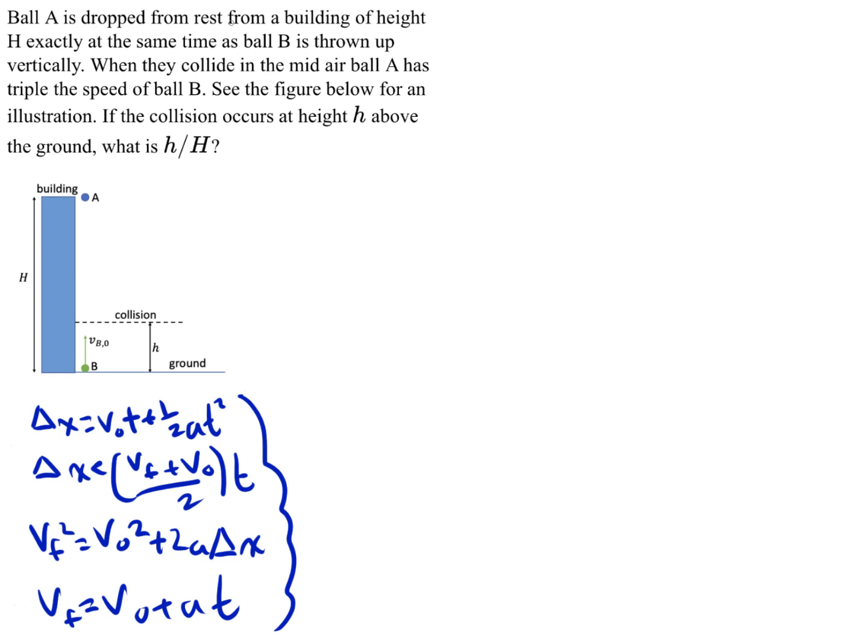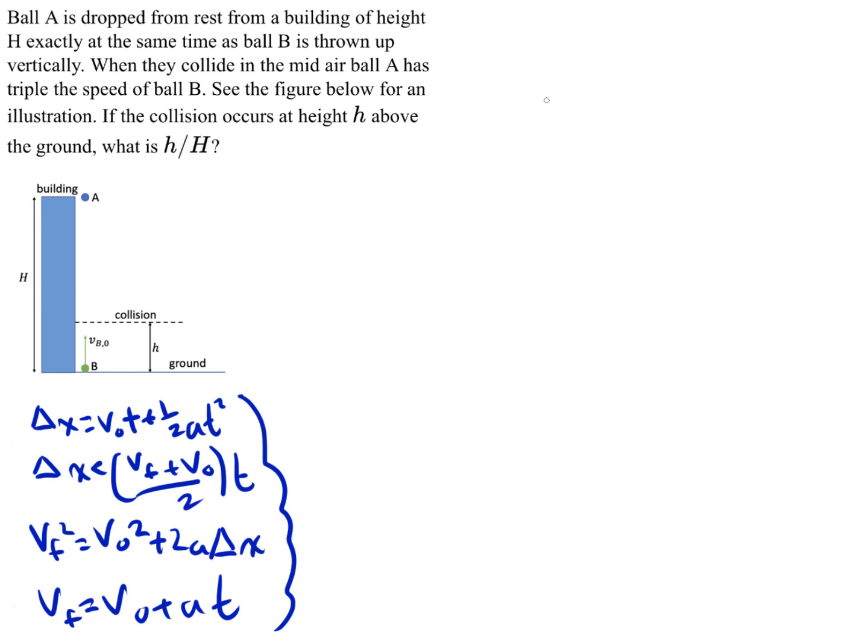Ball A is dropped from rest from a building of height H at the exact same time that ball B is thrown up vertically. When they collide in midair, ball A has triple the speed of ball B. And this is an illustration of what happens. If the collision occurs at height h above the ground, what is the ratio of the height h over the